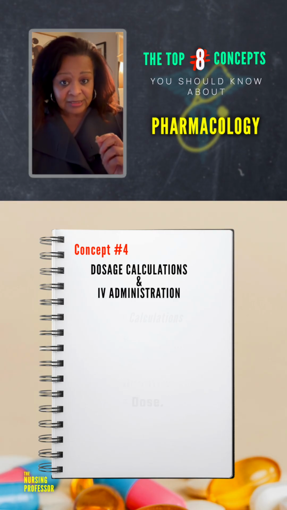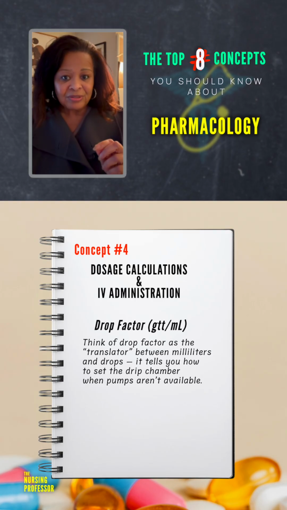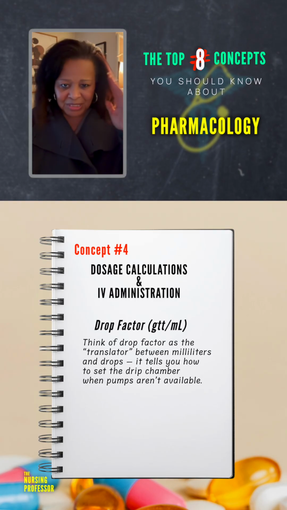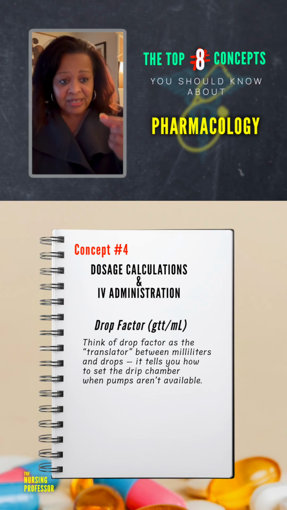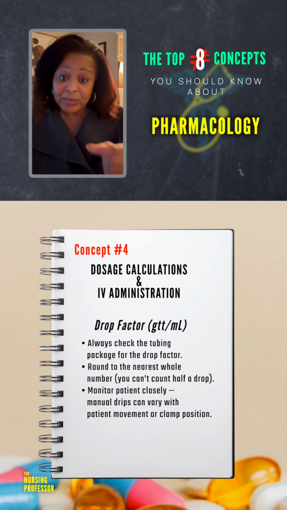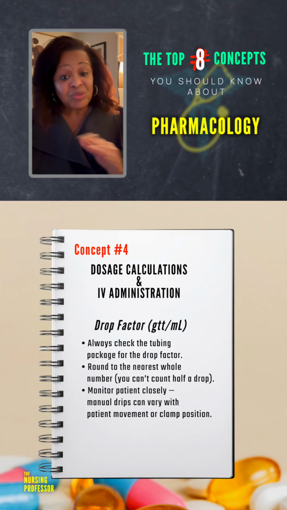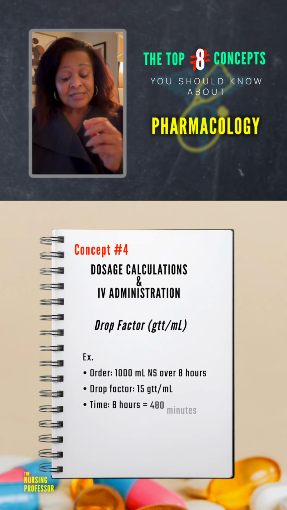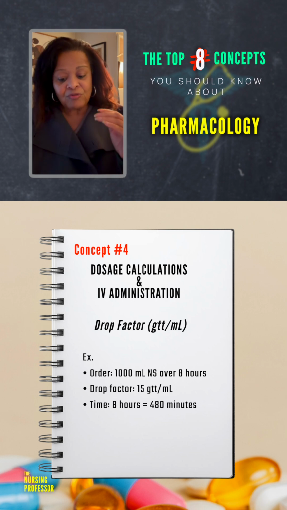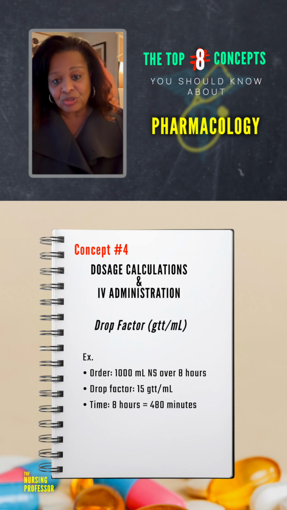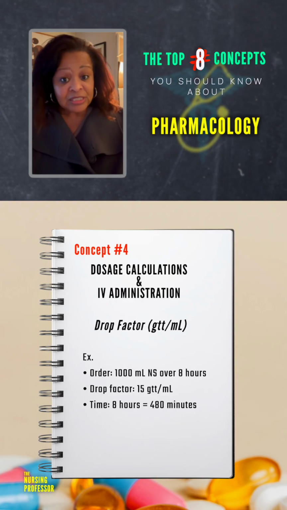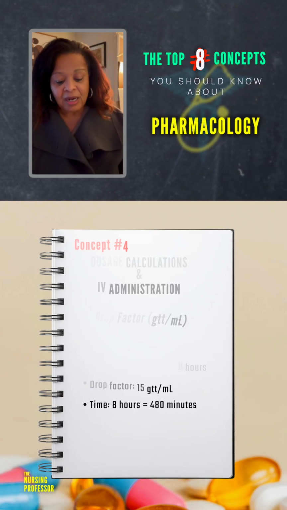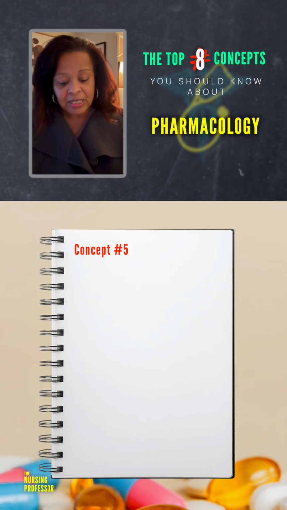Then last but not least, if you're given a drop factor, it's given. Don't bust your head up with trying to understand that. That is a drop factor that is in that tubing that's actually given to you. Usually drop factors come into play when you don't have a pump. And so there you're going to go back to your total volume times the drop factor over the time, which again is usually in minutes. So learn those formulas. You should be fine with that. All right. Number 5 is